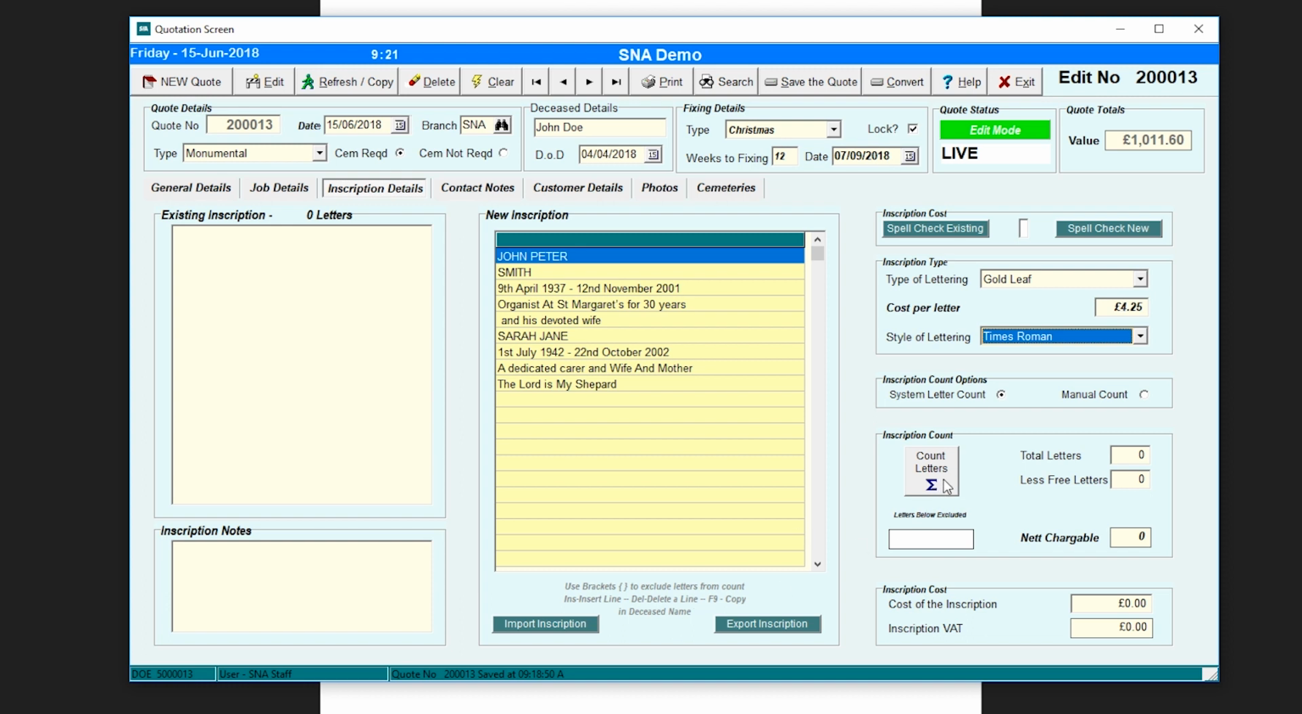Now we click on the count letters and it's worked out the number of letters for us. If you offer free letters, which some do, you can program those in and it'll remove those letters from the calculation. Or you can exclude certain letters, so if you don't charge for full stops, commas, etc., you can put those into the preferences, so those will be ignored as well. You can see it's worked out the net cost of the inscription and the VAT, which will carry through to